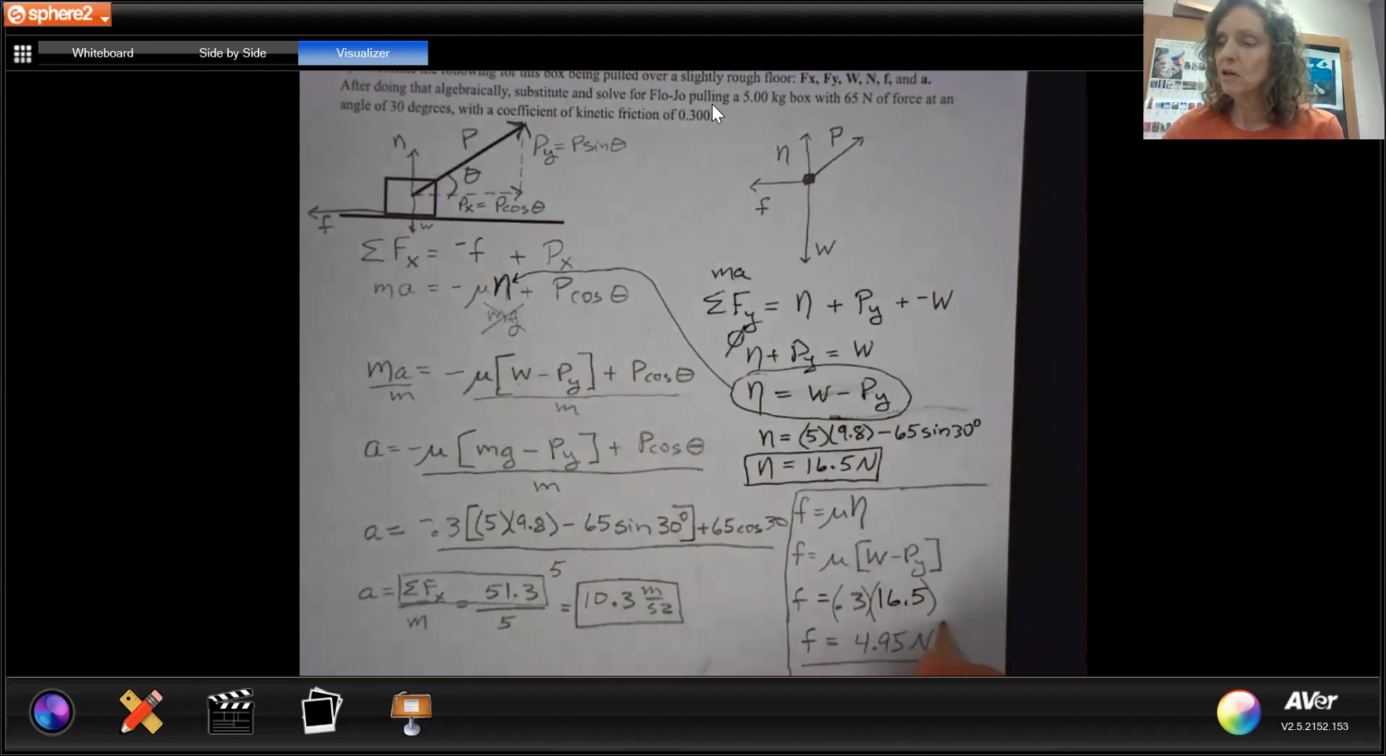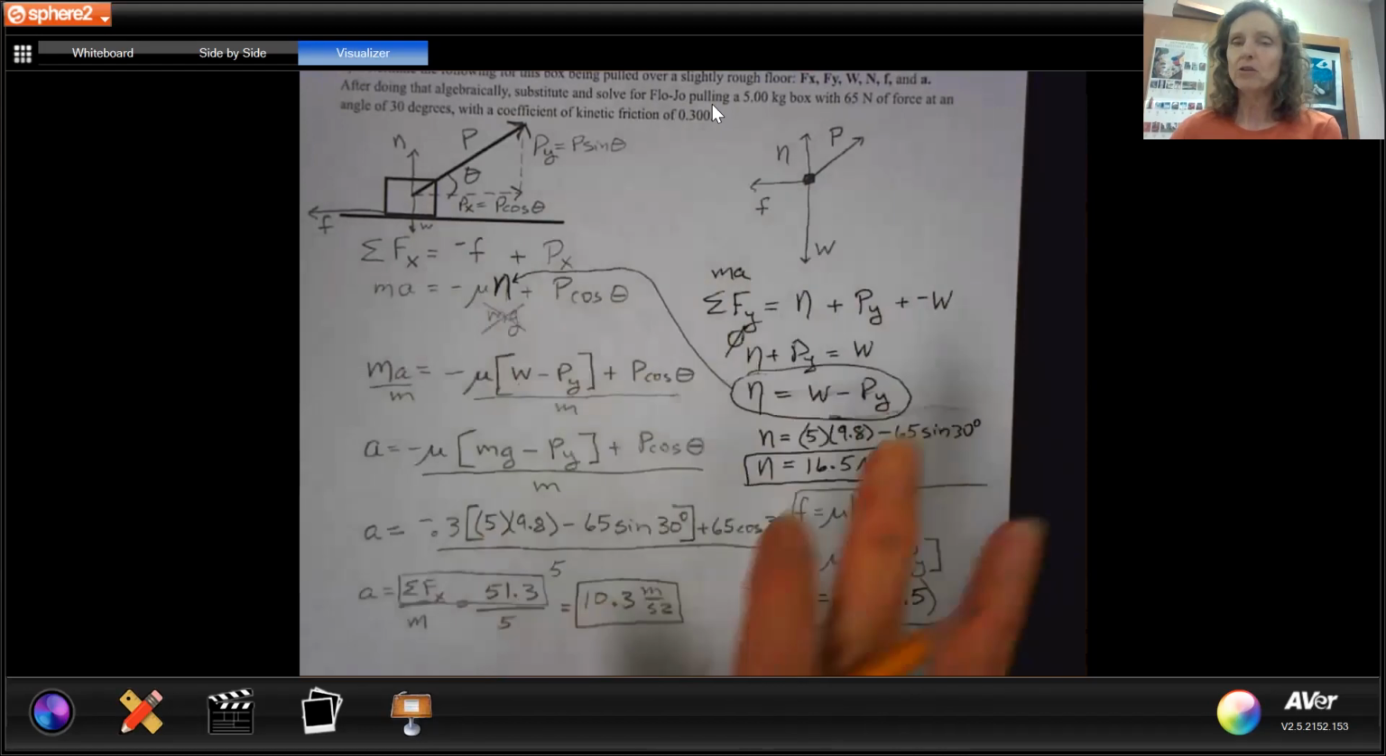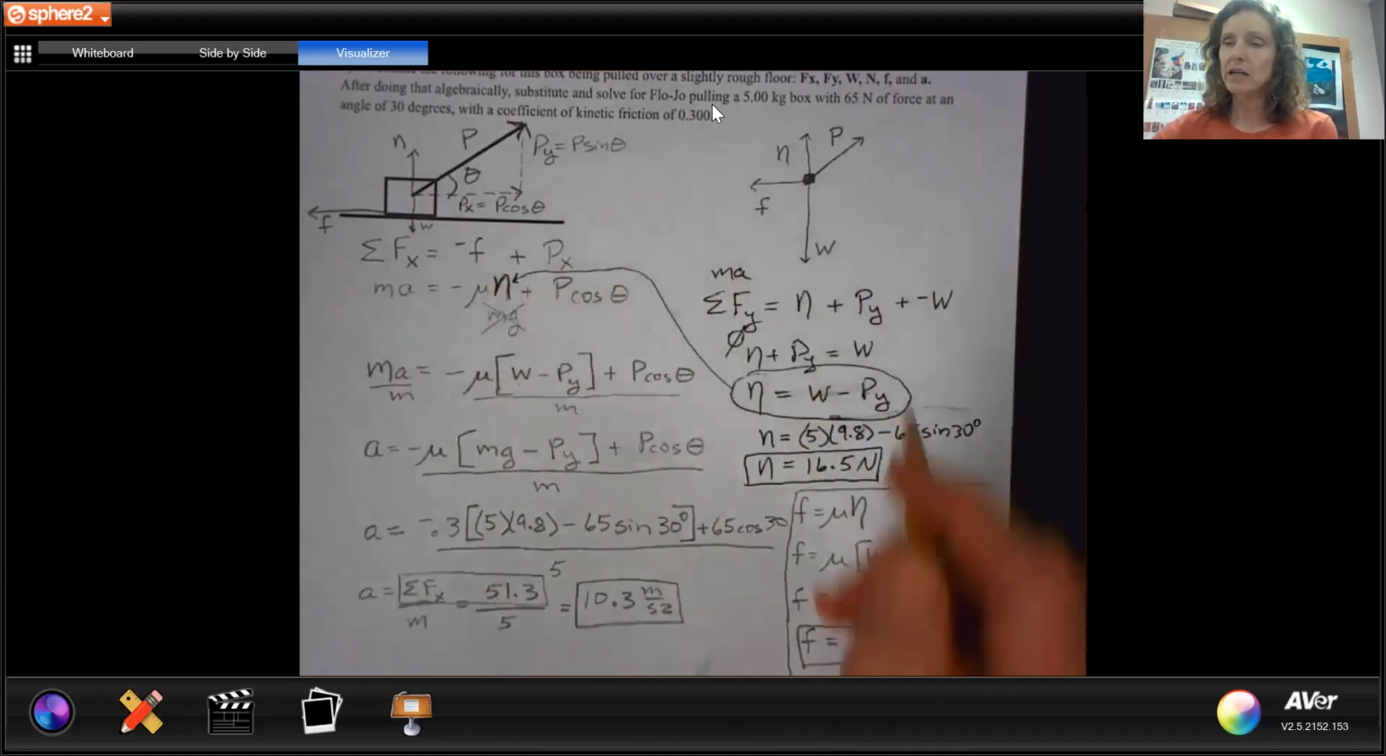4.95 newtons. No wonder it was accelerating so quickly. That is a really big acceleration, right? Think about how fast free fall is. That's faster than free fall. FloJo was pretty fast. Okay, so numerically, you should go back if you were doing this and check that you've